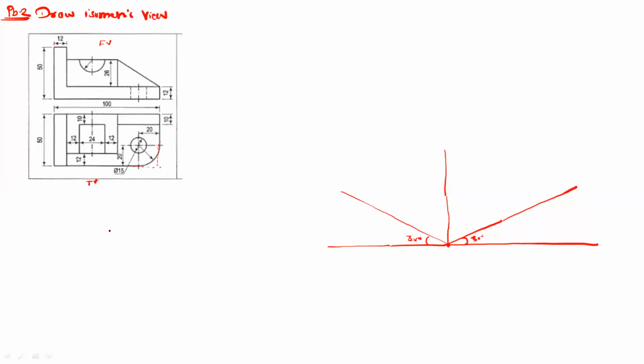In the rough sketch you can draw the geometry like this. This portion is for this vertical plate. So you can create the rectangular vertical plate like this.